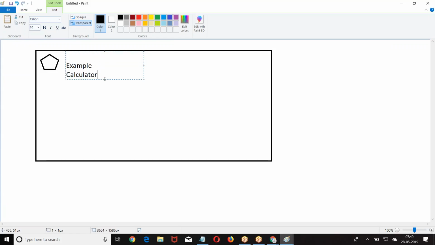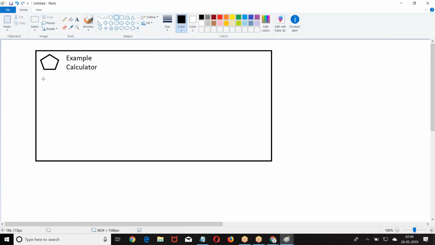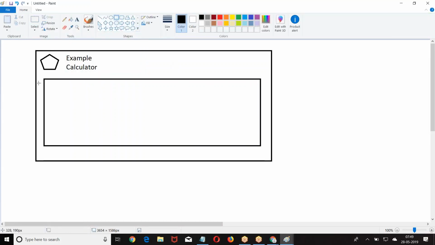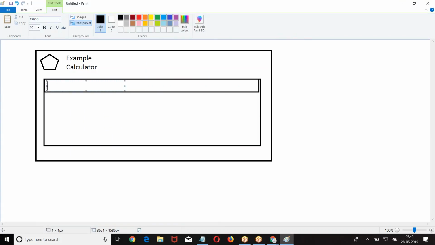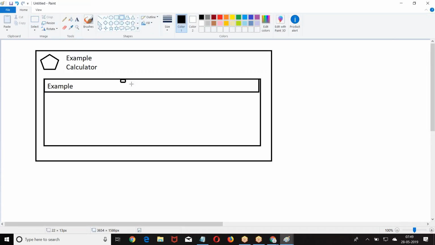Then I want to give the structure like this. Here I was giving 2 buttons.